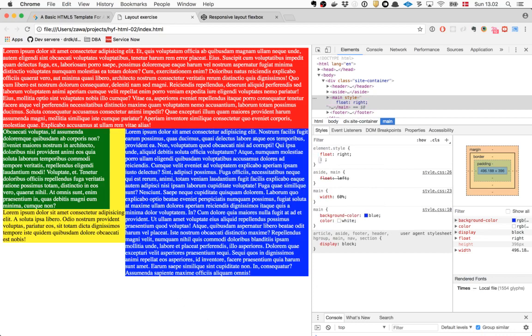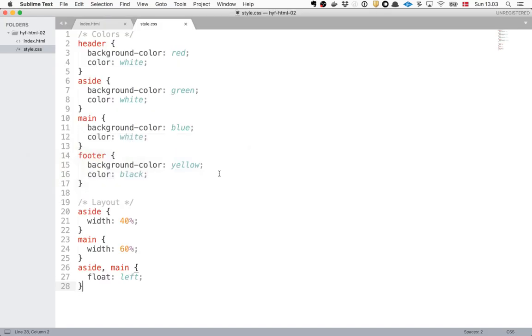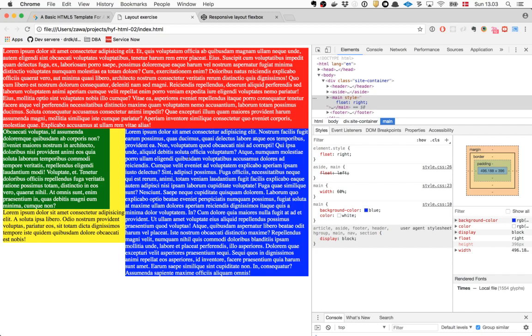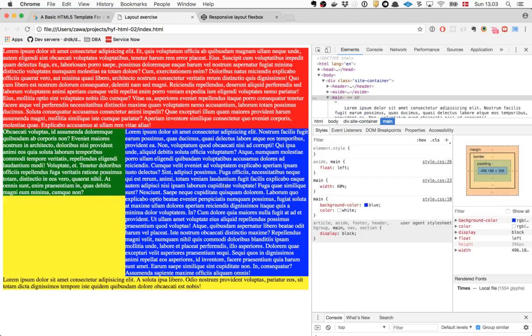Now you see, if you float one of them right and the other one left, then you make sure that they always stick to the side of the screen, but you might have some space in the middle. But since we're going to manage the percentages so it always adds up to 100, it should not really matter if you do one or the other. And when you make some changes here and you want to undo them, you can just refresh the page and they'll be gone again.